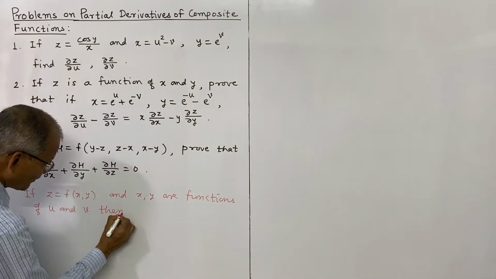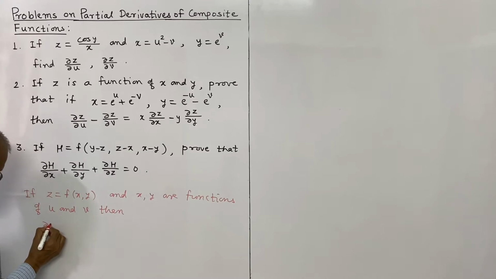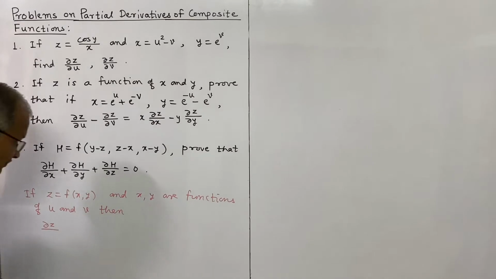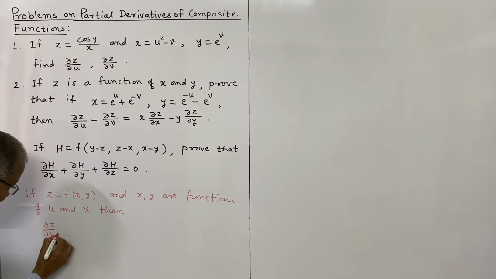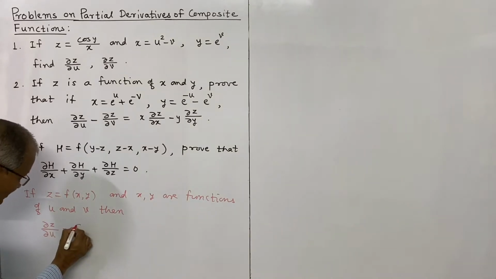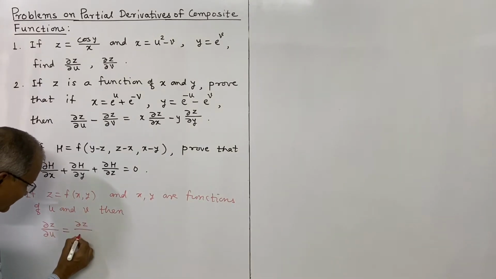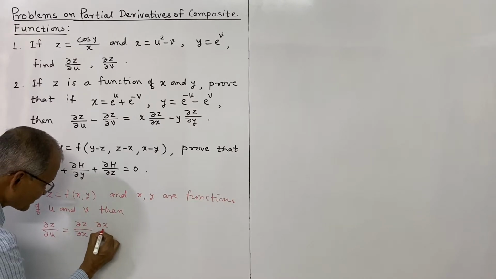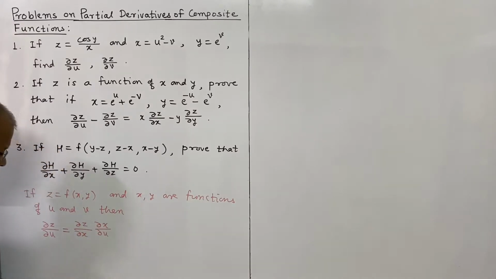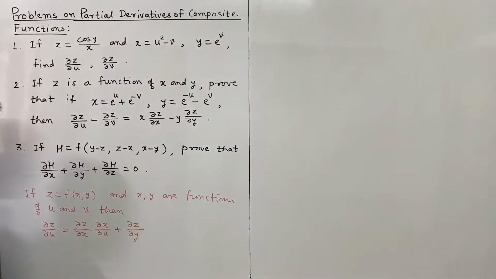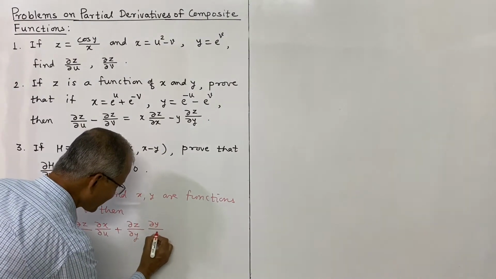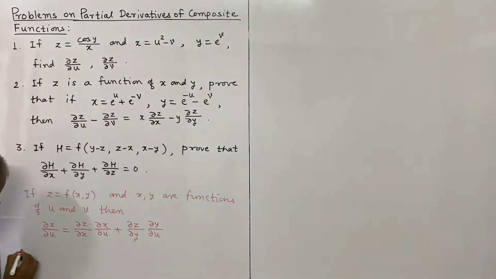then, as we have seen in our earlier lecture, z finally becomes a function of u and v, and therefore the partial derivative of z with respect to u is expressed as the partial derivative of z first with respect to x, and then that of x with respect to u, plus the partial derivative of z with respect to y, the second variable, and then the partial derivative of y with respect to u. This is dou z by dou u, or partial derivative of z with respect to u.